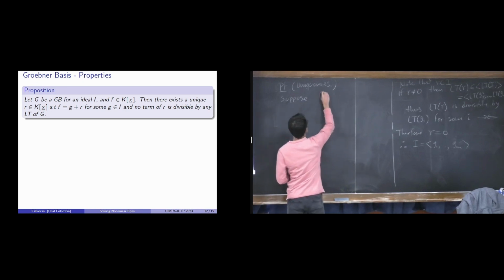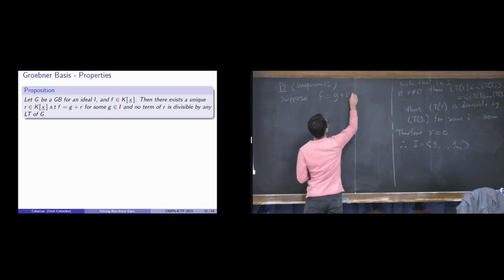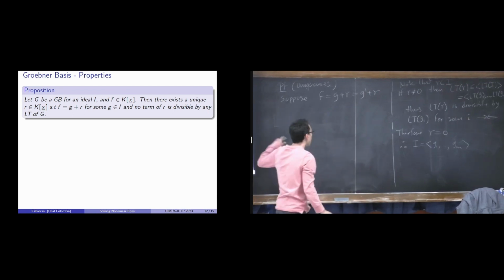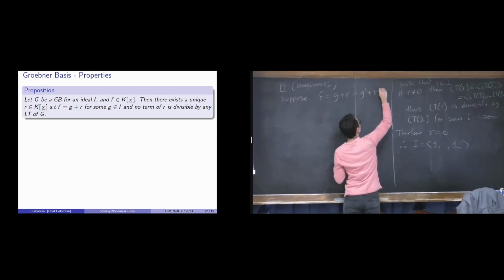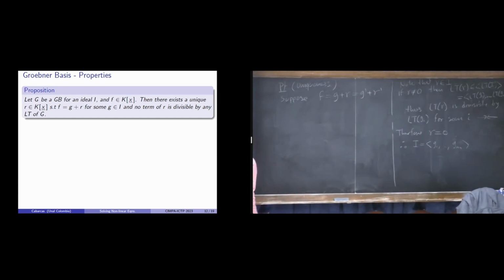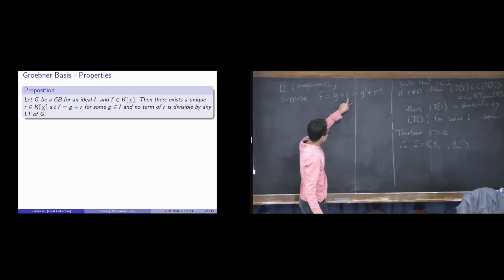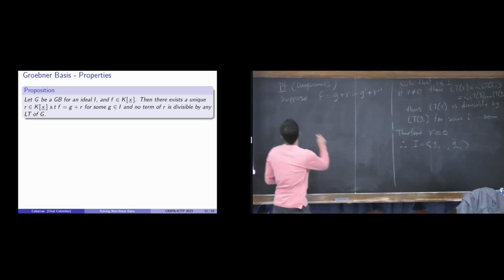Suppose F can be written two ways, as G plus R and also as G prime plus R prime, where G and R and G prime and R prime satisfy this condition here. So no term of R is divisible by any of the leading terms of G, of the Groebner basis. Then